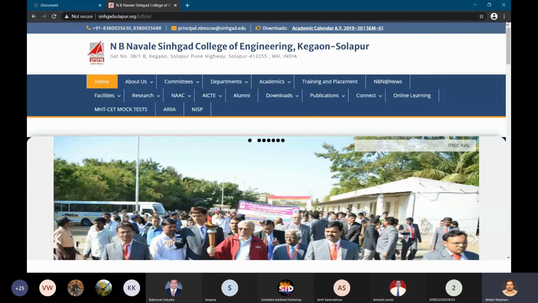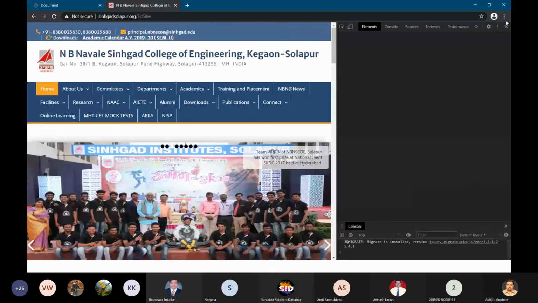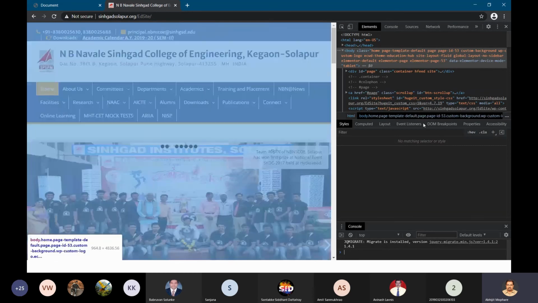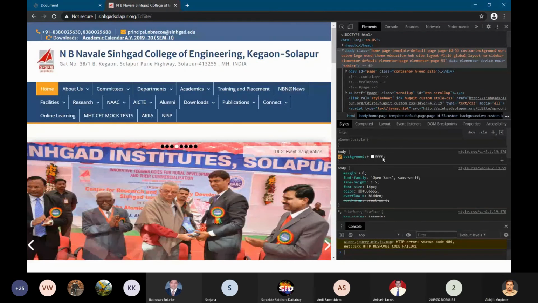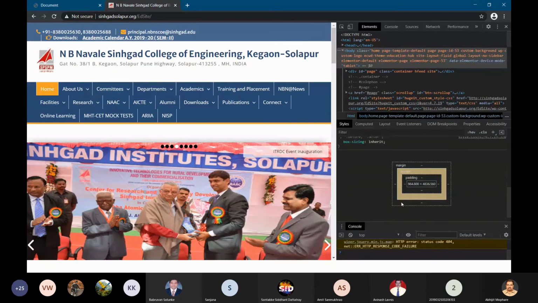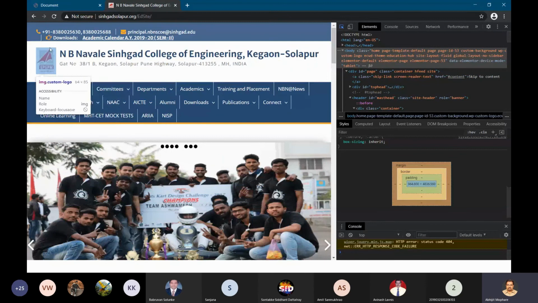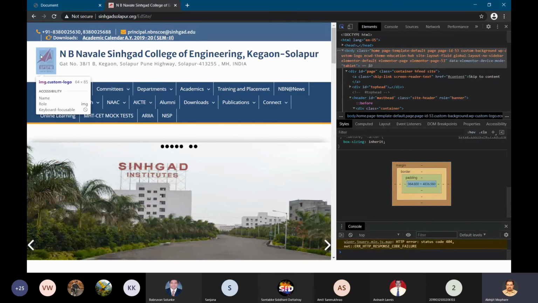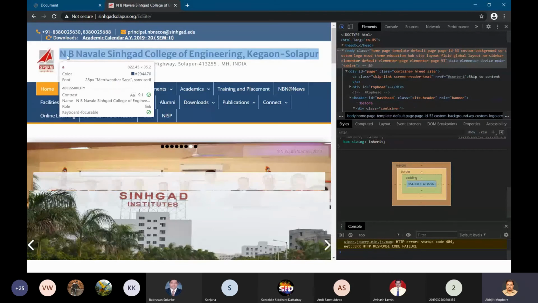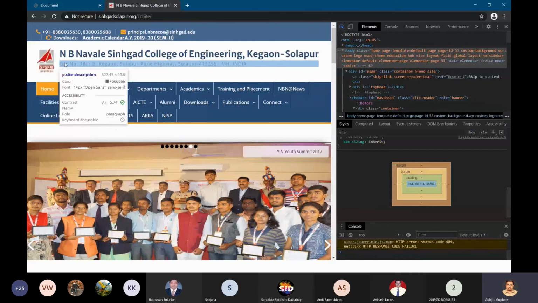Close. Now I will open the web developer tool, Chrome developer tool, by Shift+Ctrl+I. Now here you can see the box model. Everything has a certain height and width. You can see these are boxes. This is a different HTML element. How is it placed over here, how is it behaving with the other elements? This is another element. This is another element.